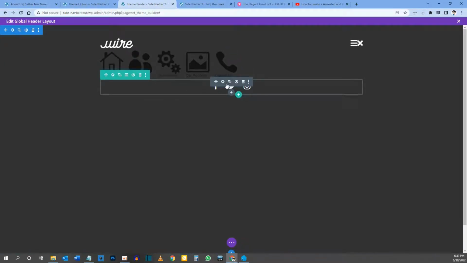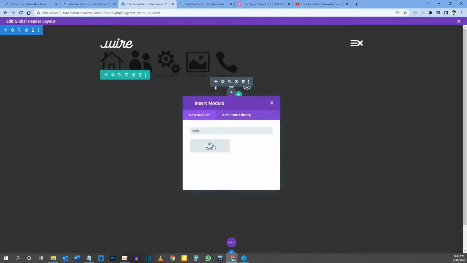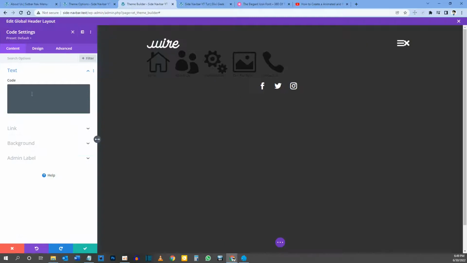Okay, what we can do under these social media icons, you can add a new module and type code and insert this code module. And you can type your CSS in here. We are going to need this code module anyway because we're going to put our JavaScript in this code module. But if you also want to put your CSS here, to put your CSS, what you're going to do is